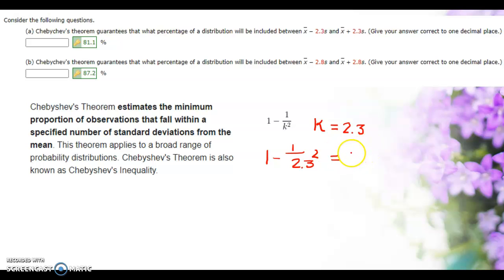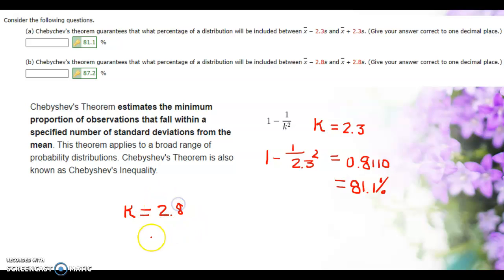to a percentage. So when we calculate this, 1 minus 1 divided by 2.3 squared gives me 0.8110. Well, as a percentage, we have to move that decimal point 2 places to the right, so that would be equivalent to 81.1%. We would do the same thing in Part B, but in Part B, we want to be within 2.8